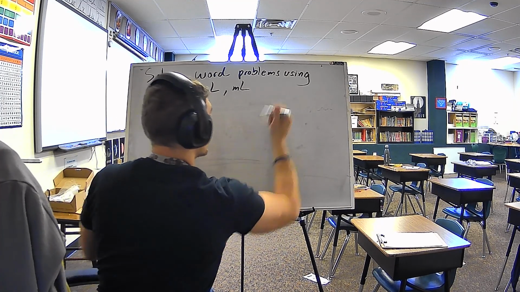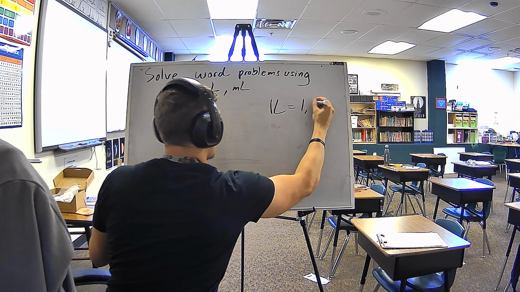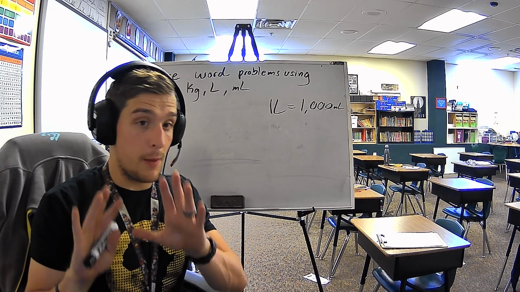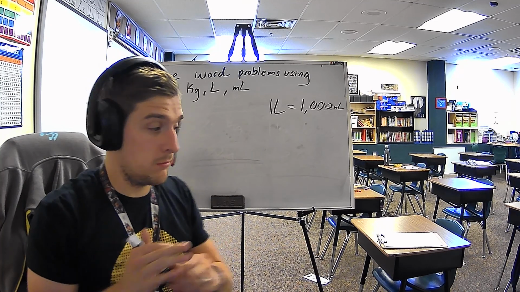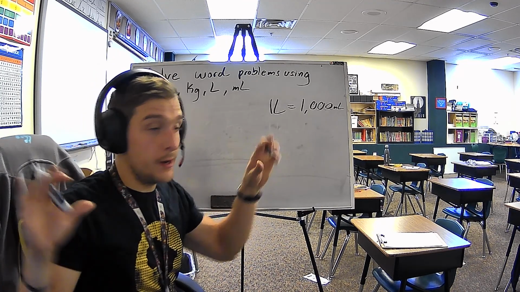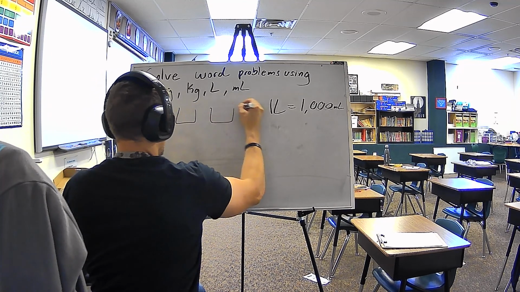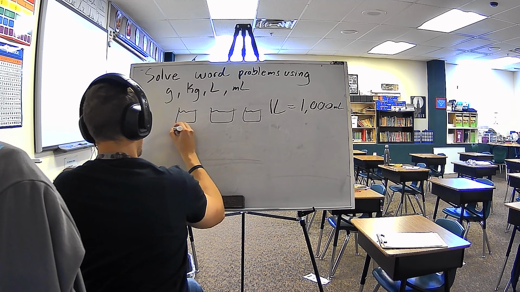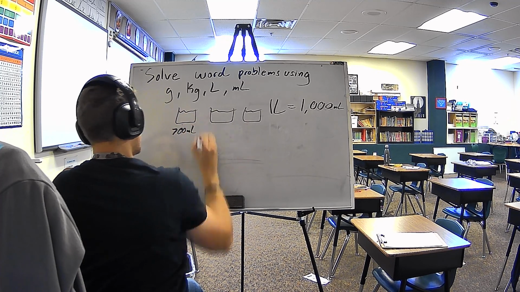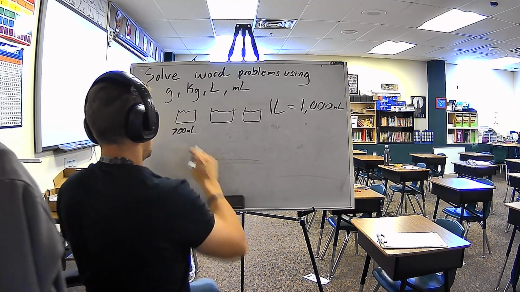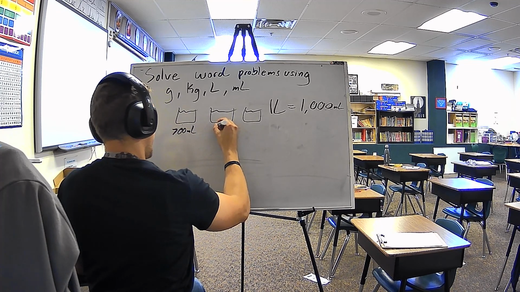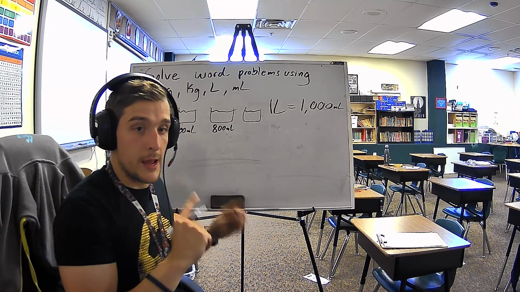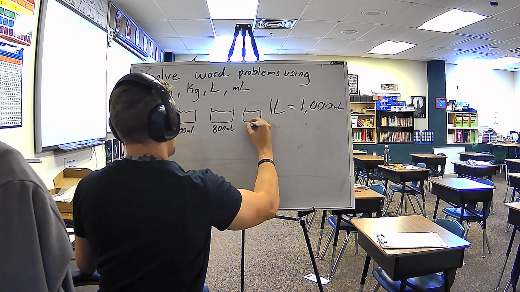Just erase this one on accident, so I'll put this rule up real quick, just as a reminder since we're using it. Now, I'm going to do a slightly different problem here. I'm going to say I have 3 glasses, and they all have liquid in them. This first one has 700 milliliters of liquid in it. This second one right here has 800 milliliters of liquid. And this last one has 500